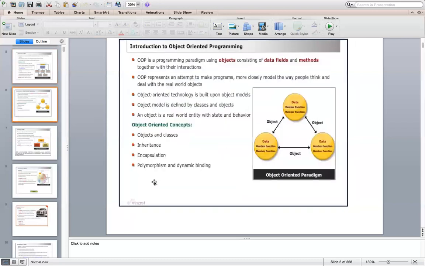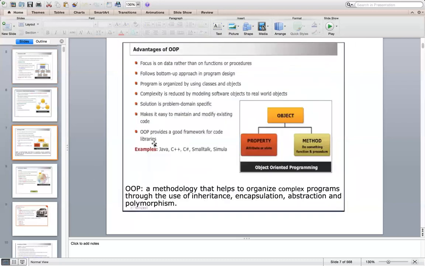Let's now understand the advantages of object-oriented programming. In OOP, the focus is on data rather than on functions or procedures. So in contrast with the POP, object-oriented programming, that means the programming orientation is towards object. So object actually is data.